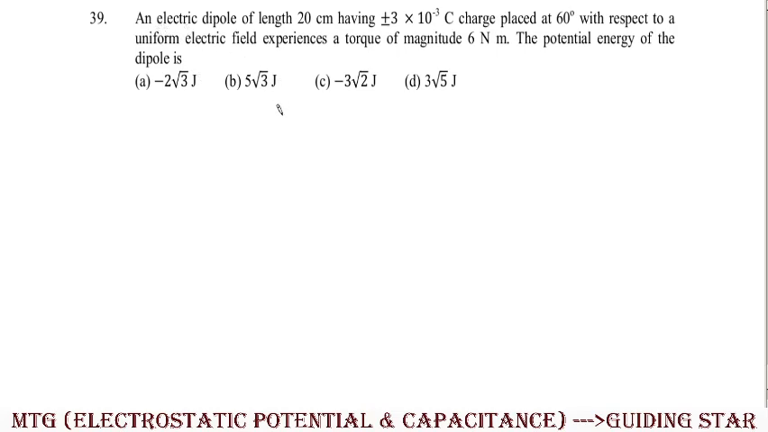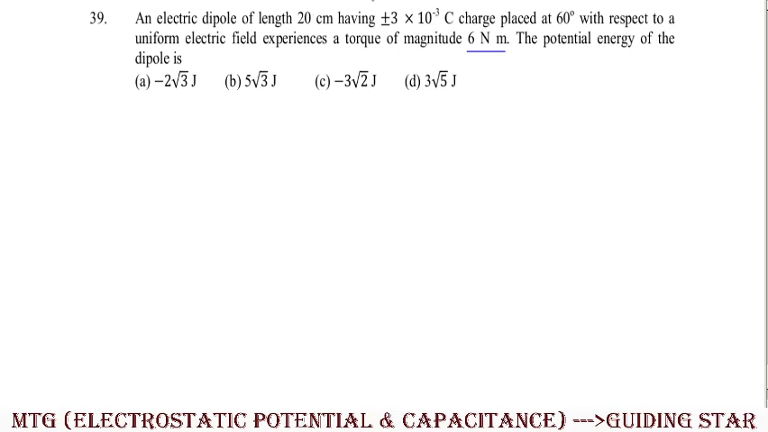Okay, here in question number 39, an electric dipole of length 20 centimeter having charges 3 into 10 to the power minus 3 coulomb, placed at 60 degree with respect to a uniform electric field, experiences a torque given as 6 newton meter. The potential energy of the dipole is, okay, fine. So here in this particular case,